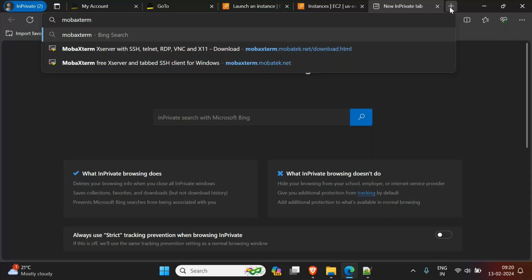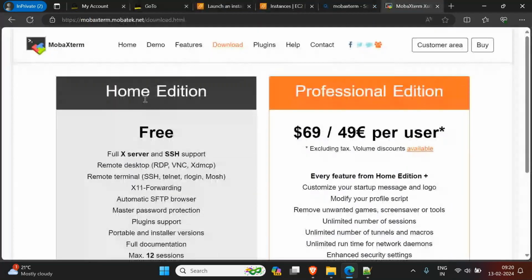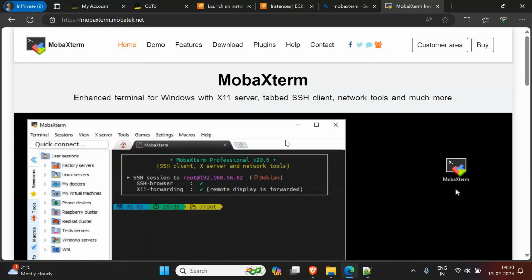Type MobaXterm and enter. You'll get something like this, a website with this logo. By this you should understand it's MobaXterm. Now click on this name. When you click on the name, you'll land on the first page. Then just click on